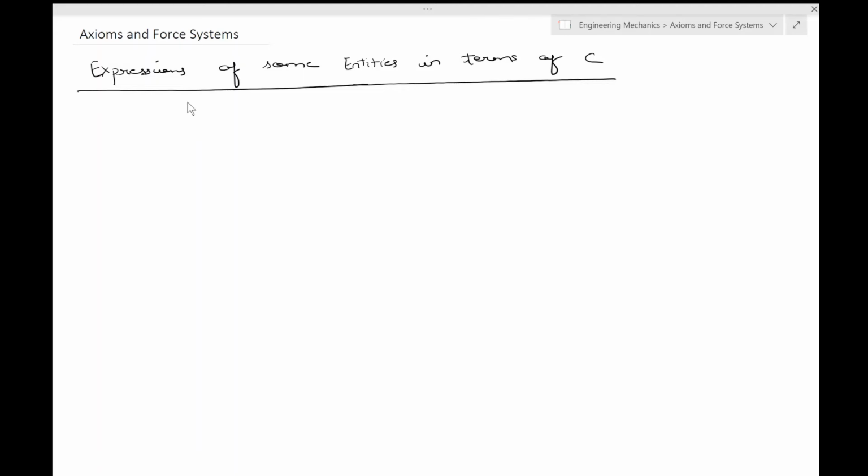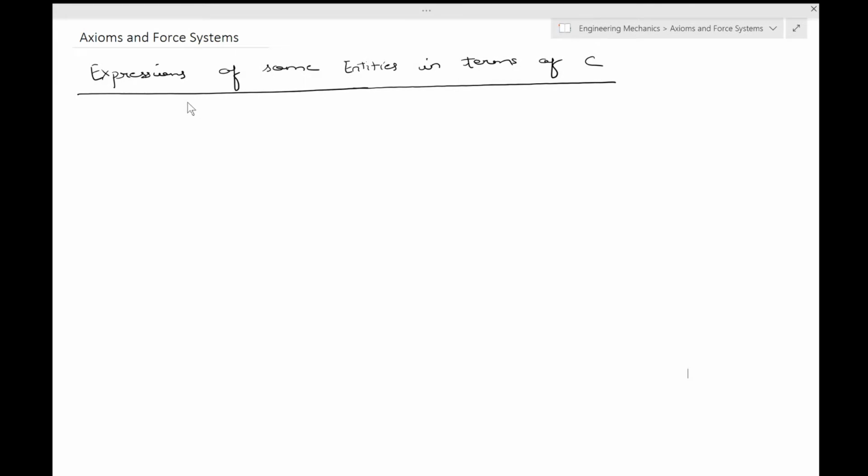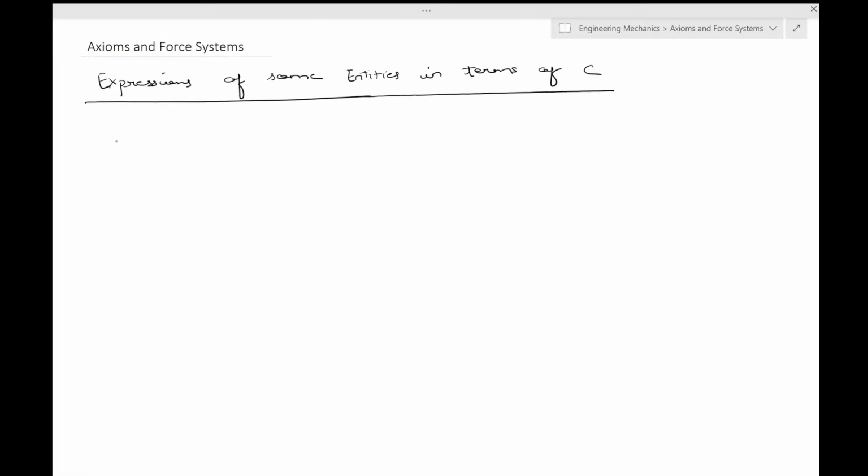Okay, so we want to write some of the entities like the momentum, moment of momentum, kinetic energy and the power of a whole body in terms of its center of mass. So that's what we want to achieve. We'll just write that. We will show that